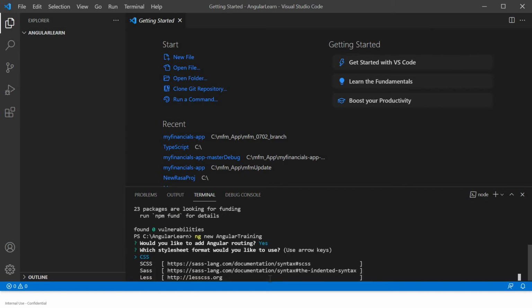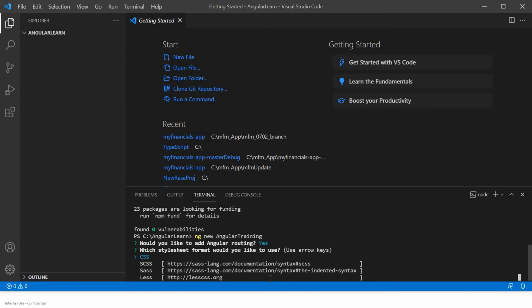I'll put y. So here there are choices it is giving: CSS, SCSS, Sass, and Less. Whichever you are familiar with, if you are familiar with CSS, you choose CSS, it's default. If you are familiar with SCSS, you can go for SCSS. If you are good with Sass, you can go for that. If you are good with Less, you can go for that.